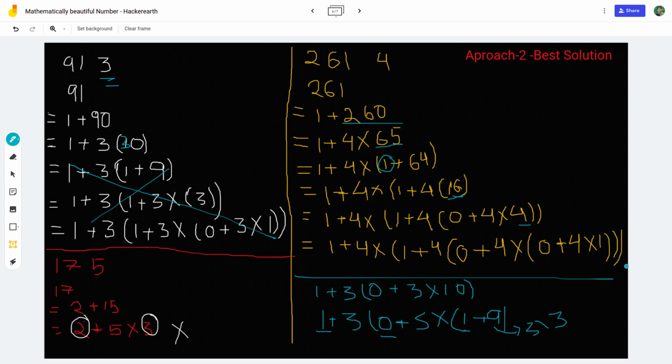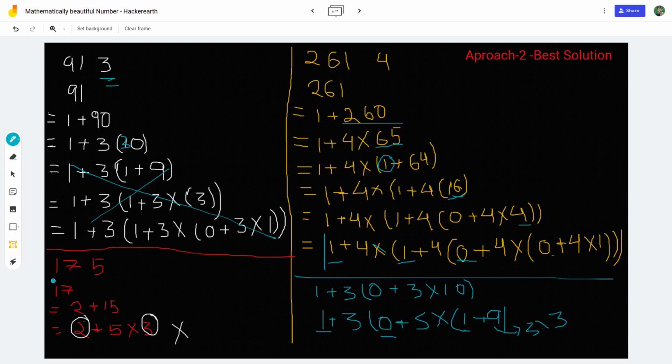So this was our... you can see here, before this plus sign, either we have 1 or 0, nothing other than this. And this 4, actually it's 4 because we have k.